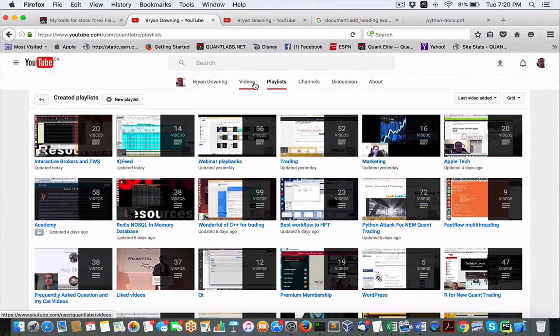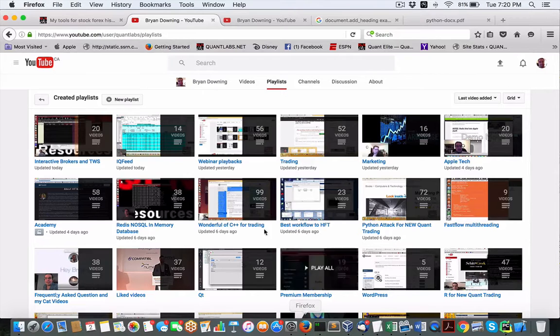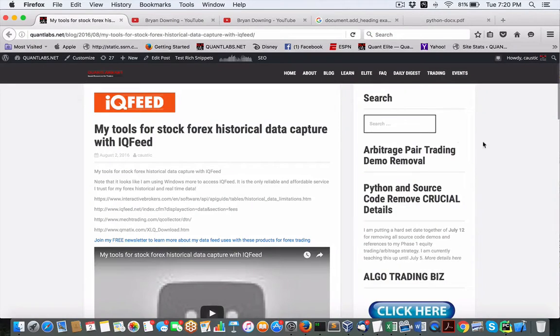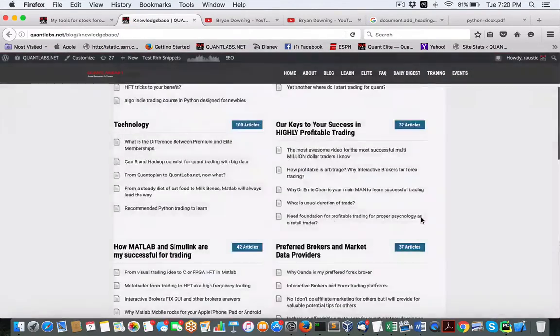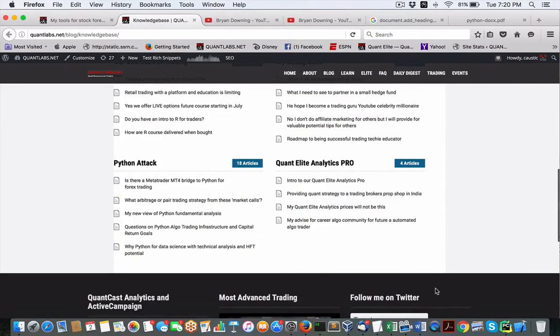All right, so knowing that, we can now move into ATR. Now, this is Python, obviously, and I'm going to focus less on the code and more on the charts. This is part of my quant analytics service. If you're interested in that, you will find a new section created under my FAQ down here on Quant Elite Pro, Quant Elite Analytics Pro, which will become my eventual Analytics Pro service. So I'm moving out of the coding, moving out of the technology, and more focusing on charts